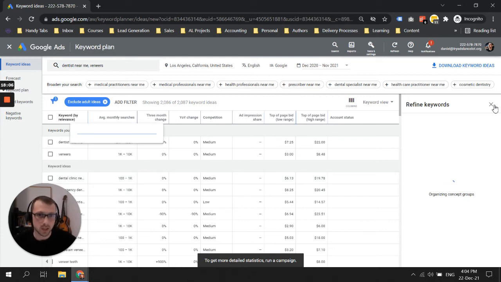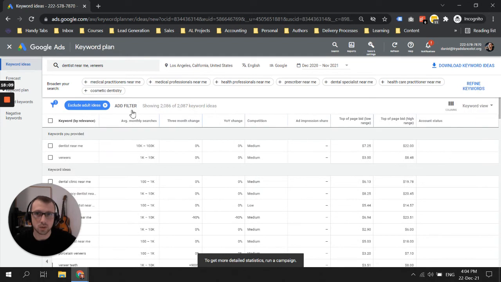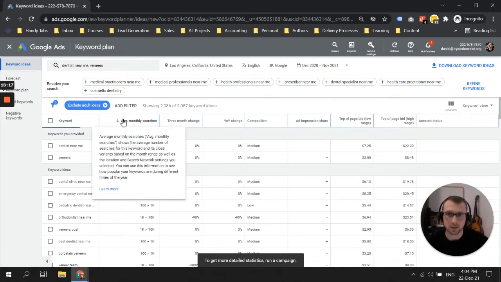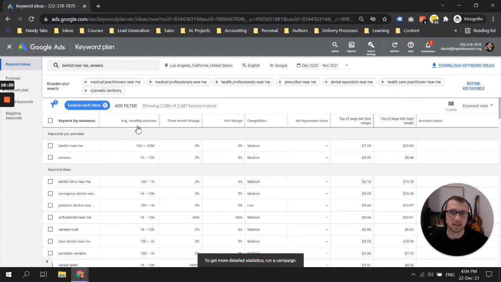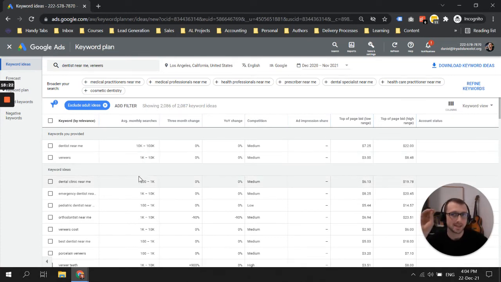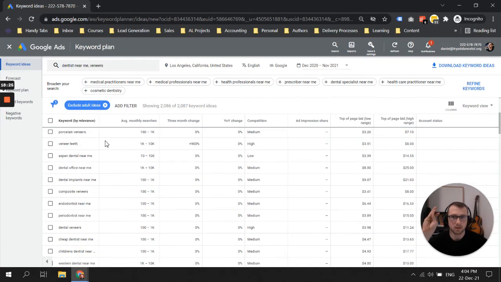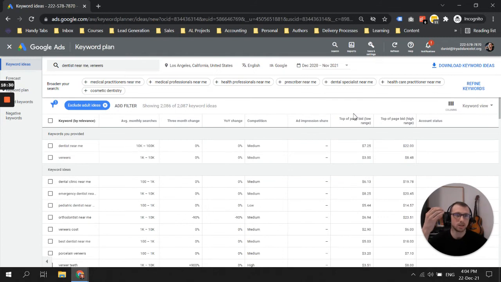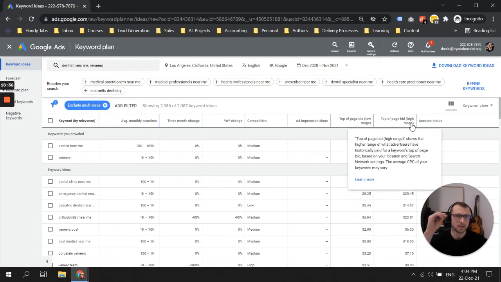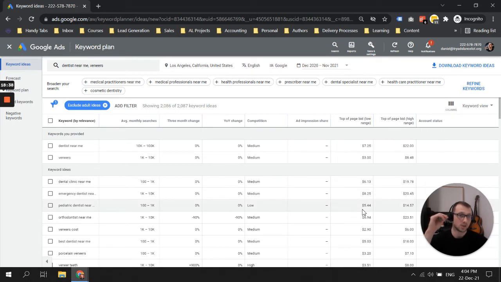So here, this will generate new keyword ideas for you. Again, don't use too much, but you can filter, first of all, by relevance, and then take a look at average monthly searches. Basically, how many people per month in your target location search for those things. Take a look especially at these two columns, but mainly the low range bid. So these numbers may not be super accurate, but they should give you an idea of what cost per click